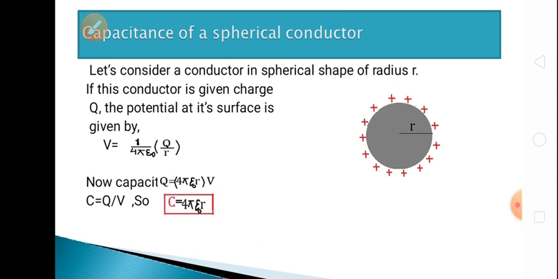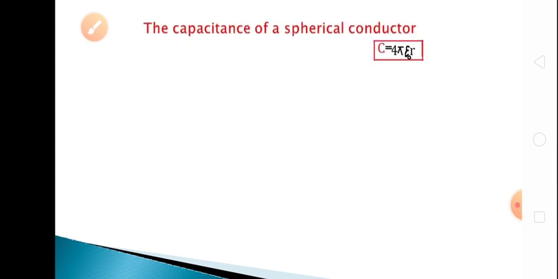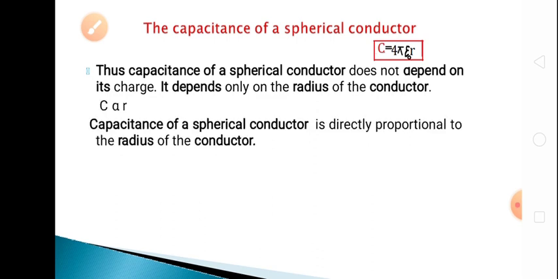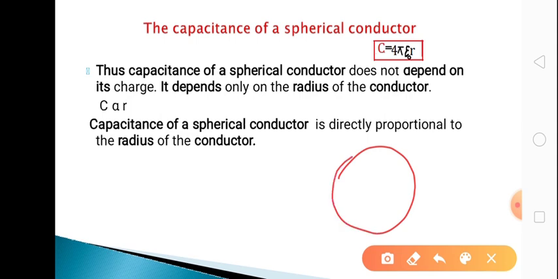Now capacitance C is equal to Q by V, so C is equal to 4 pi epsilon naught r. So the capacitance of a spherical conductor is directly proportional to the radius. It does not depend upon the charge. It depends only on the radius of the conductor. And if the space surrounding the spherical conductor is not air, it is any other medium,